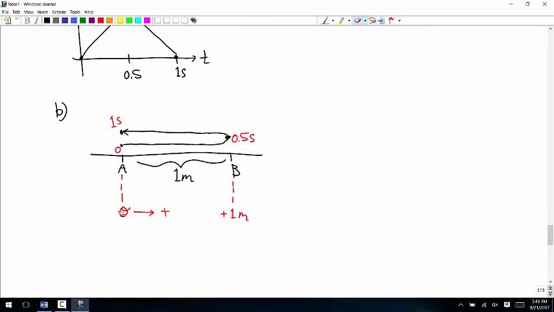So this is still the 0 position, but now the positive direction is this way. And so that's going to change this position label. If you go 1 meter in the negative direction from 0, where are you? Yep, so this label is -1 meter. And so the coordinates are